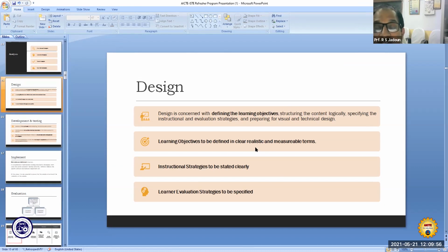Instructional strategies are to be stated very clearly. And then finally, learner evaluation strategies are also to be specified. So these things are to be made very prominent while designing the content.